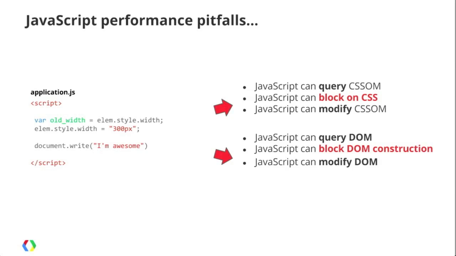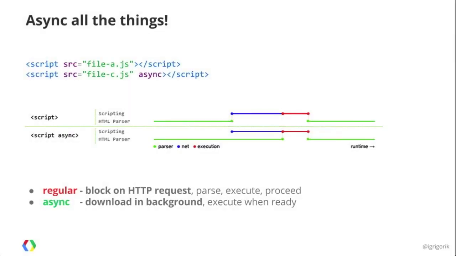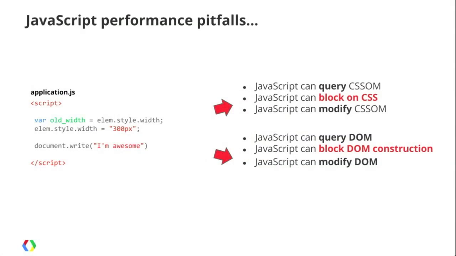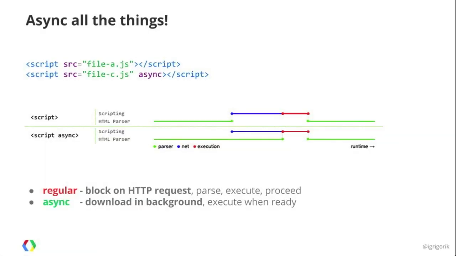Vice versa, you can actually query the DOM or write into the DOM with JavaScript. So basically, what this tells you is that, oops, let me go back for a sec, is that JavaScript can block both on CSS and on the DOM construction, and it can block those things as well. So this is why you will always see, in every web performance presentation, they will talk about